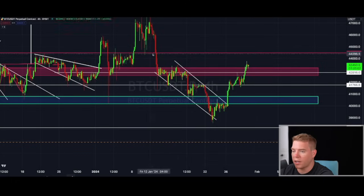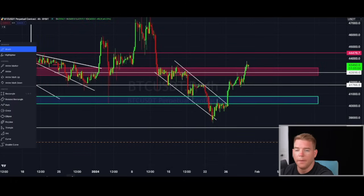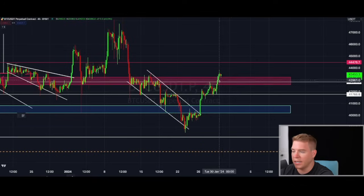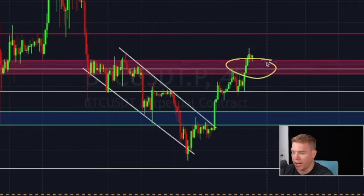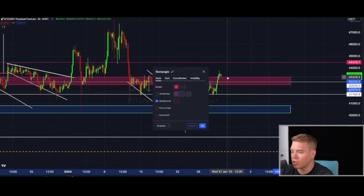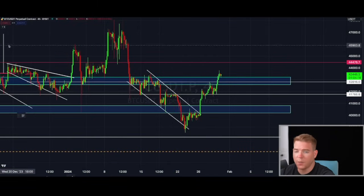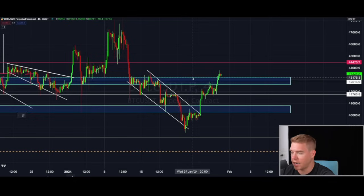Here on the 4-hourly chart, things look a little bit different. Here I'm definitely more bullish because we have cleared the $42,600 to $43,200 resistance area, and this is acting right now as support. So I'm actually going to change the colors here. This is acting as support right now. If Bitcoin stays, again, like I said, above $43,200, I remain bullish, and the next target is $44,500, because